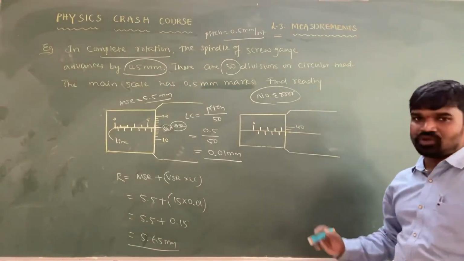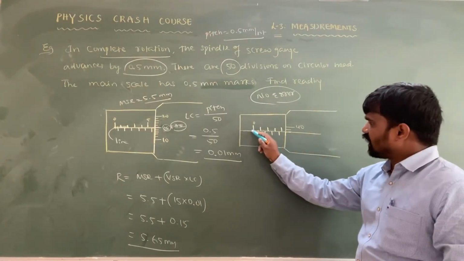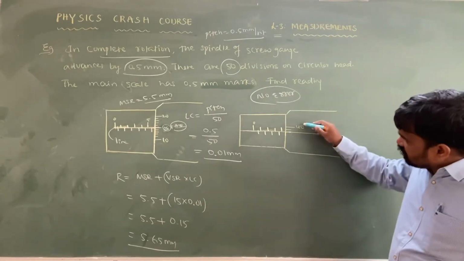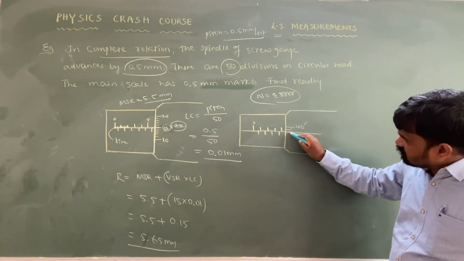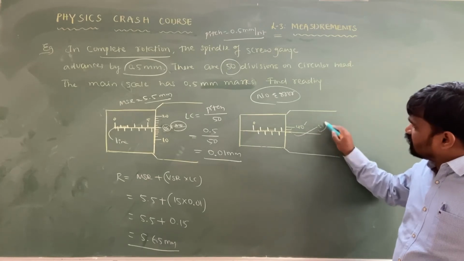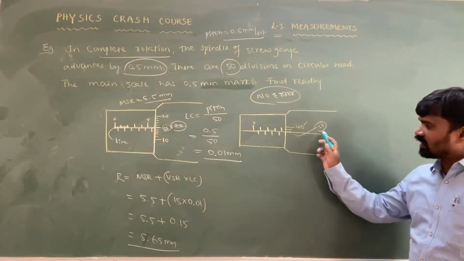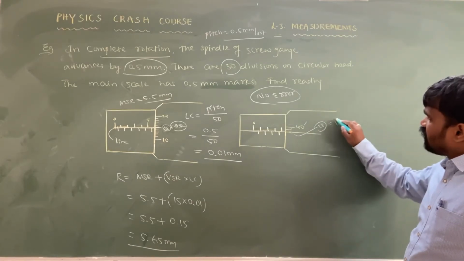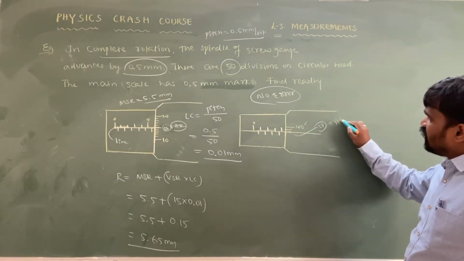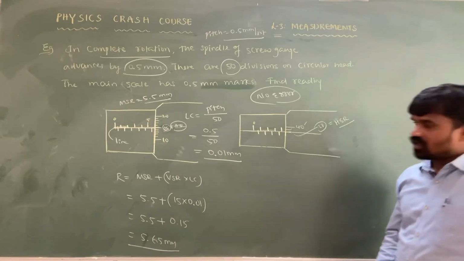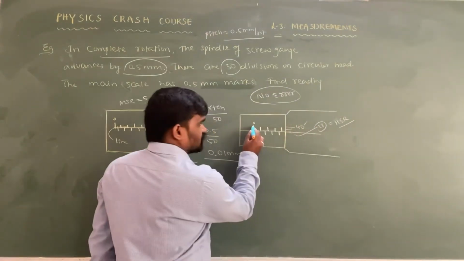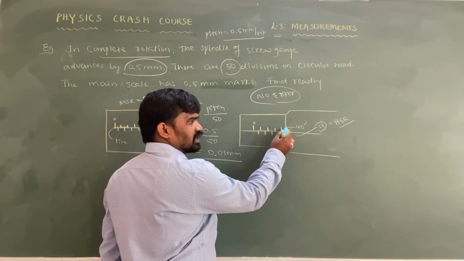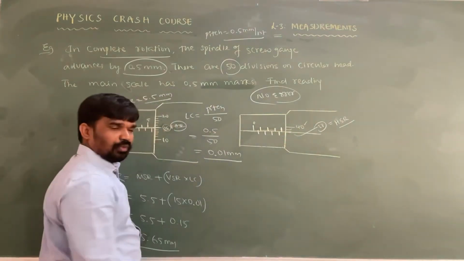Next, if we come to here, this is the index line. This index line is going to coincide with this digit. This is 40, this is 39, this is 38. So which division coincides here? 38. So this 38 is taken as head scale reading. Next, on the index line, 0, 1, 2, 3, 4. Number 4 is present preceding the screw position.